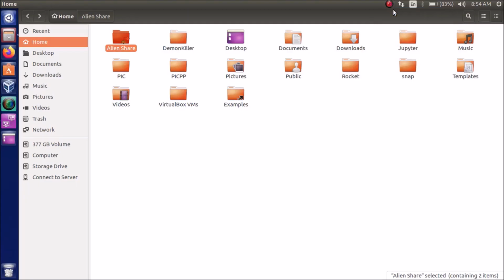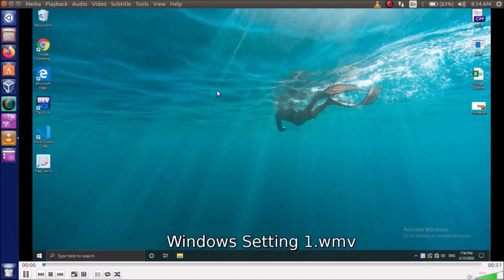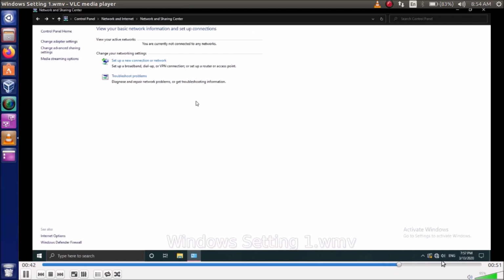Just a bit of rechecking. So we're going to go to alien share, and I have my Windows playable files here. So I'm going to click, and yeah, I have my Windows file here. So we have this thing working,